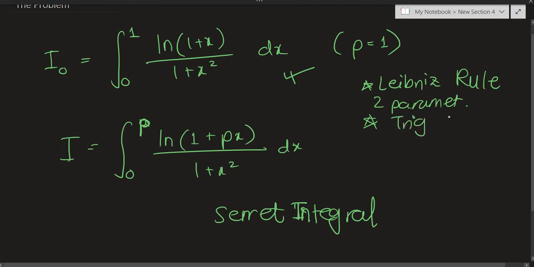That's the method of trigonometric substitution. And it turns out that we can also calculate this generalized integral with trigonometric substitution. So in today's video, I'm going to use trigonometric substitution instead of the Leibniz rule that I talked about in my previous video, because otherwise it will just be repetitive. I'm going to use it to come up with a nice final answer for this generalized integral. So let's get started now.